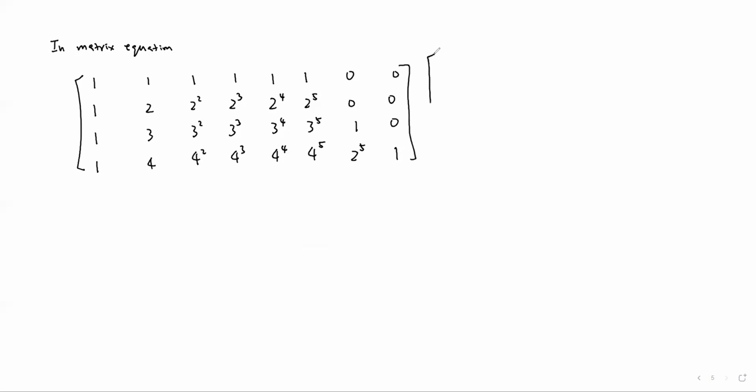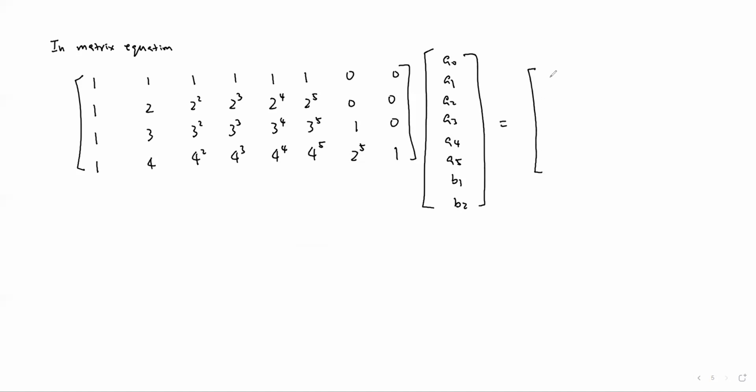And then times the unknowns A0, A1, A2, A3, A4, A5, then B1, B2. And the right-hand side is